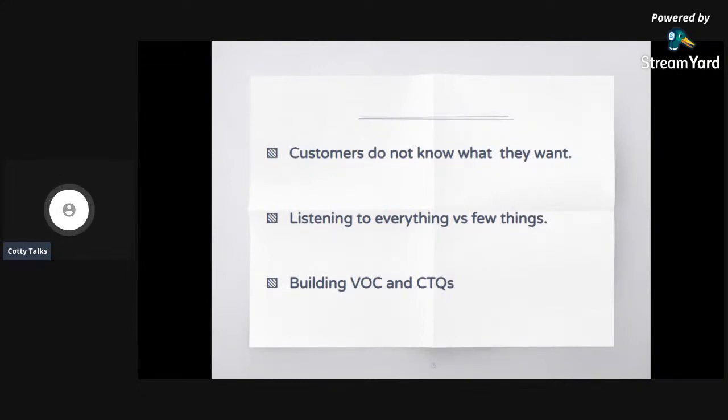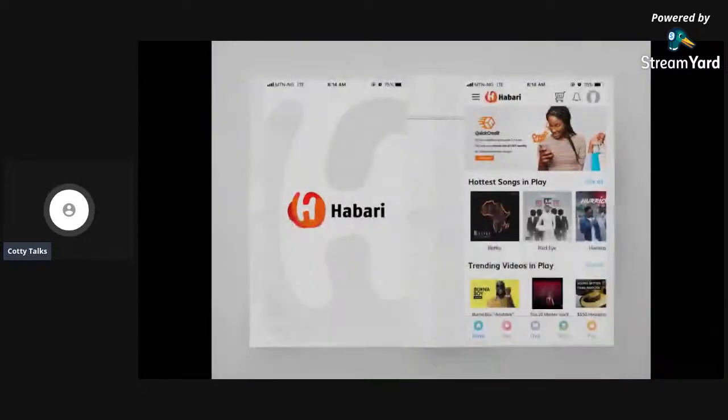Then the second thing is listening to everything versus listening to a few things. Now, like I said, customers want a lot of things. So the problem now is when you listen to everything the customer wants, sometimes you are going to be in a lot of trouble. And that is where, how many of us know this